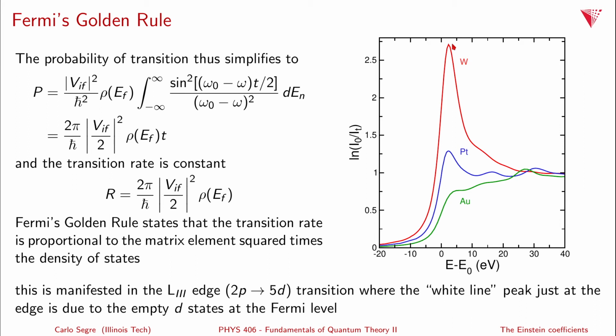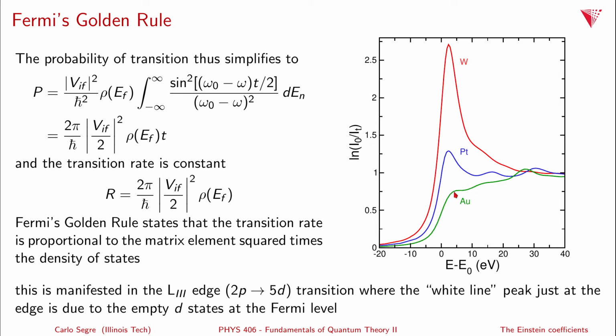absorption. If you move to the right in the periodic table, you start filling in the d states. Well, platinum has maybe 1 or 2 empty d states. And you can see that the absorption white line is much reduced compared to that of tungsten, just because you have fewer d states. Finally, you move one more over to gold, where all the d states are full, and